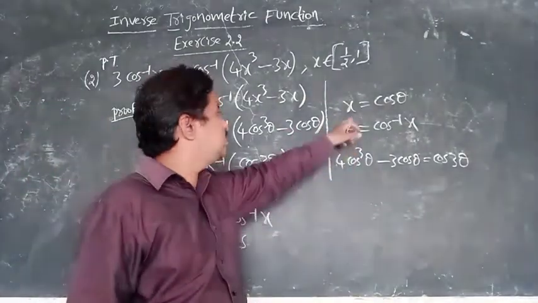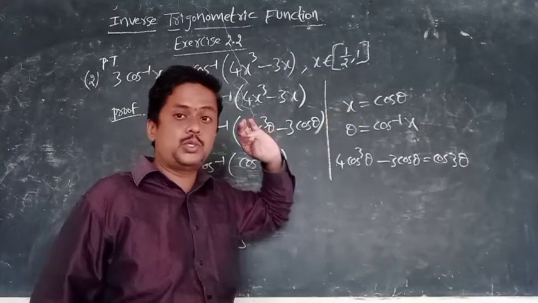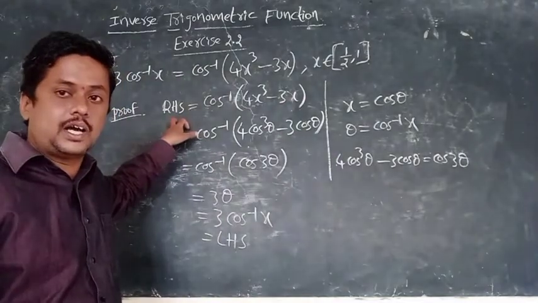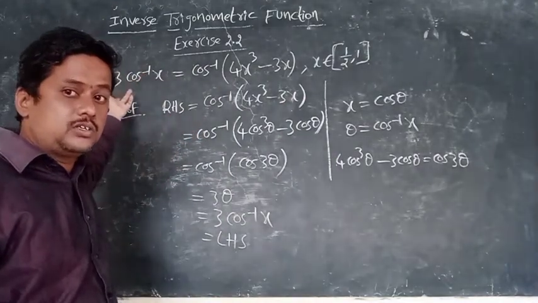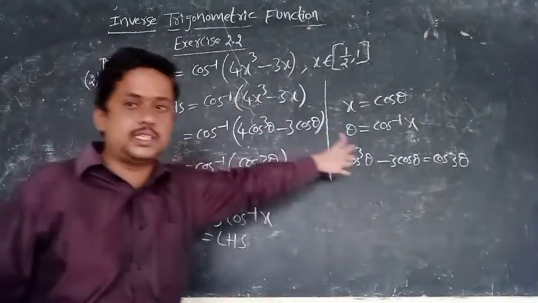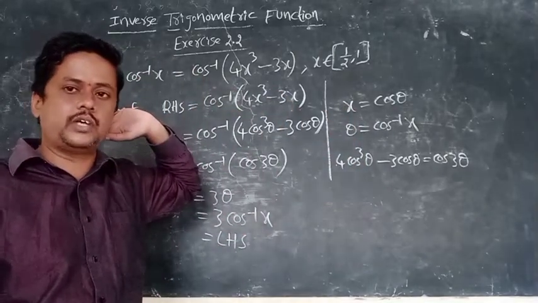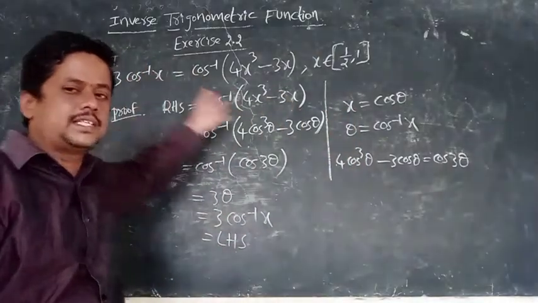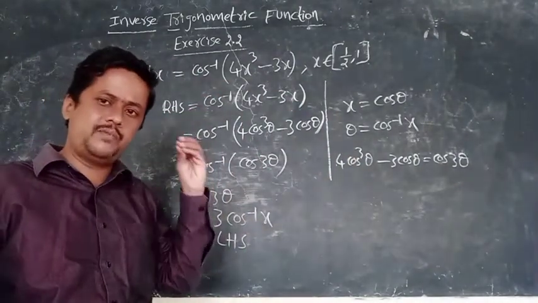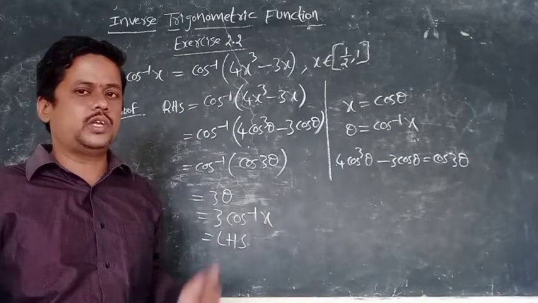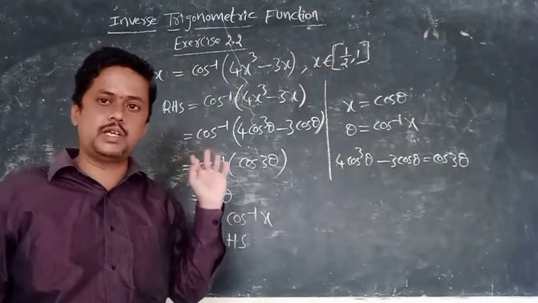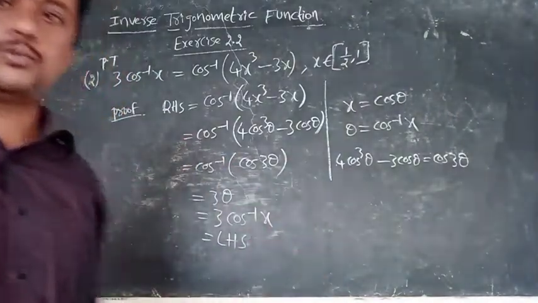How to decide the substitution: if you consider the RHS, then you have to look at the LHS once. If cos related is there, you consider cos theta. If sin related is there, sin theta. Like that you have to think. If you think like this, these are very easy problems, and you can easily score 2 to 3 marks. This type of problem, surely they will ask one in the main examination. We'll see the next problem also.